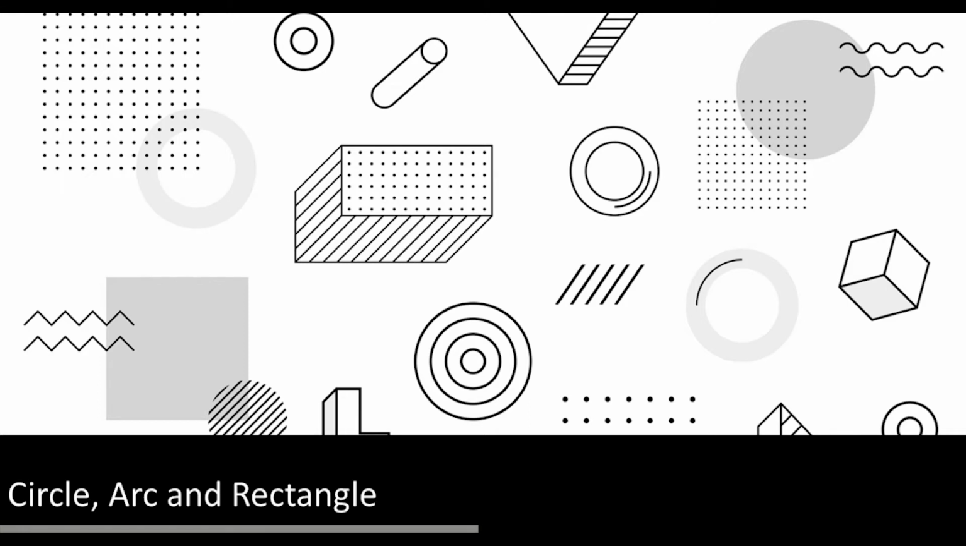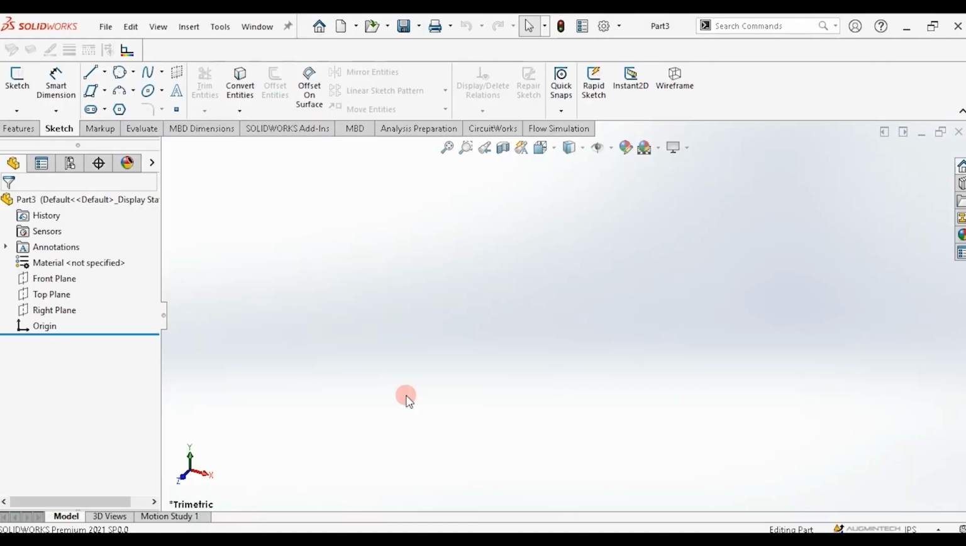In this session, we will learn about creating circles, creating arcs and creating rectangles in SolidWorks. So let's start. Circles, arcs and rectangles are basic and important tools to draw any desired shape of any part in SolidWorks. So let's check what sketch tools are available and how we can draw different types of shapes in SolidWorks. Let's go to circle,